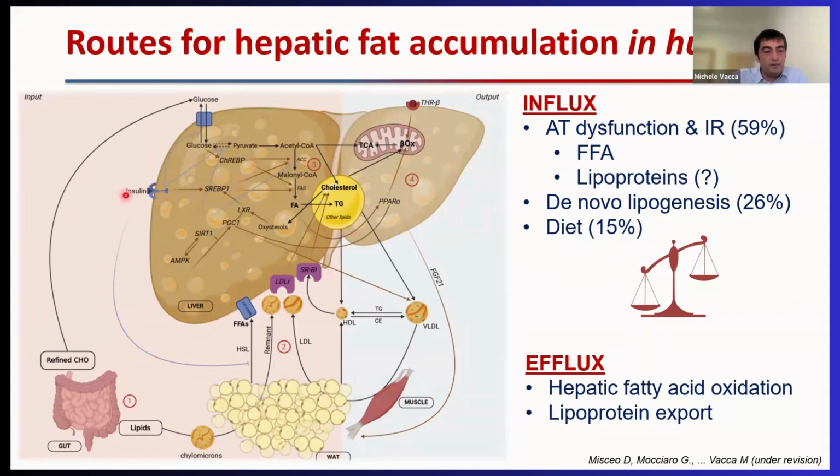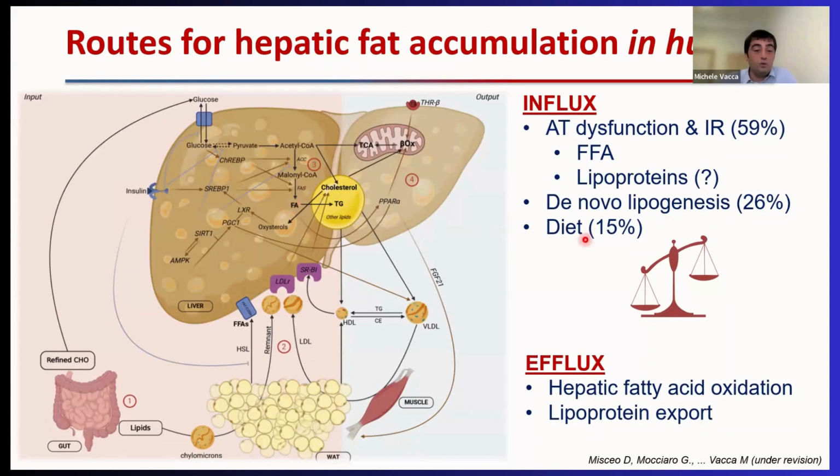What happens when we eat is that insulin goes up, inhibits the hormone-sensitive lipase and multiple other intracellular processes in the adipose tissue, therefore reducing free fatty acid release that could accumulate in the liver. If the adipose tissue becomes dysfunctional, free fatty acids will still be released in the postprandial phase, and especially if we are speaking about visceral adipose tissue, whose venous blood goes directly into the portal vein,